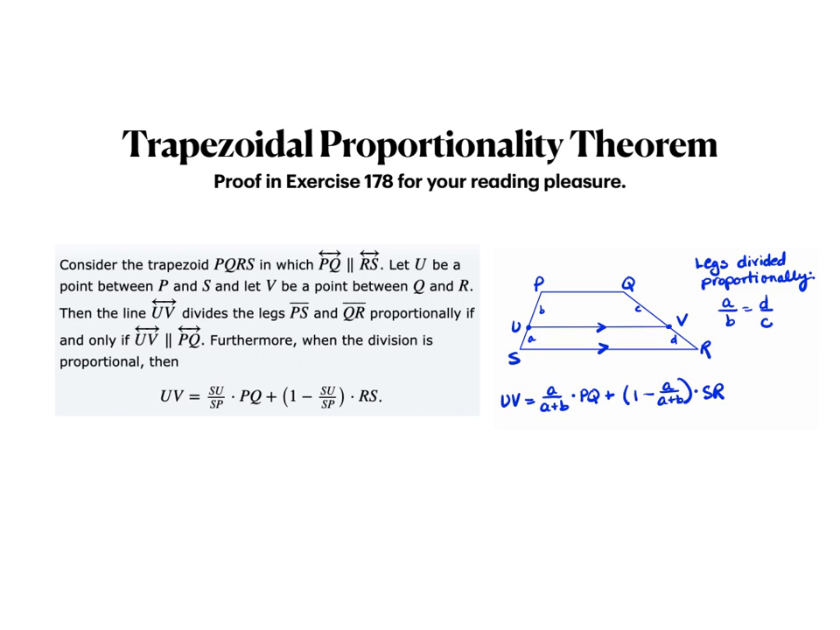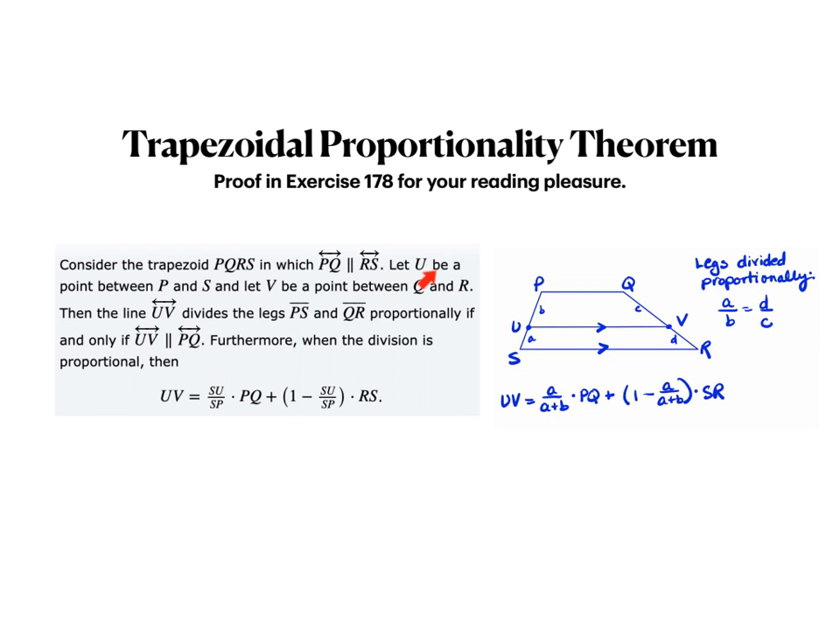Here's the trapezoidal proportionality theorem. It's very similar to the triangle proportionality theorem. By the way, the proof of this is in exercise 178. It's installed for your reading pleasure. If you consider this trapezoid PQRS, in which you have PQ parallel to RS, it's just defining what the bases are,